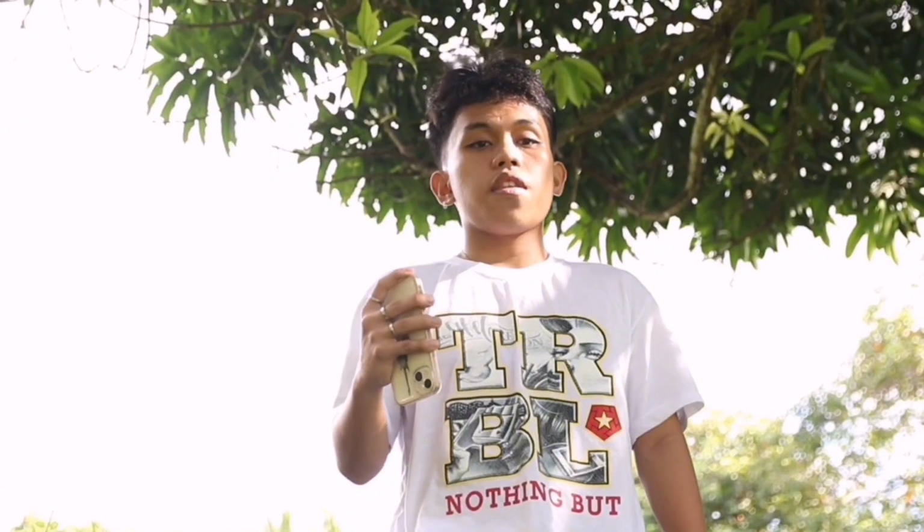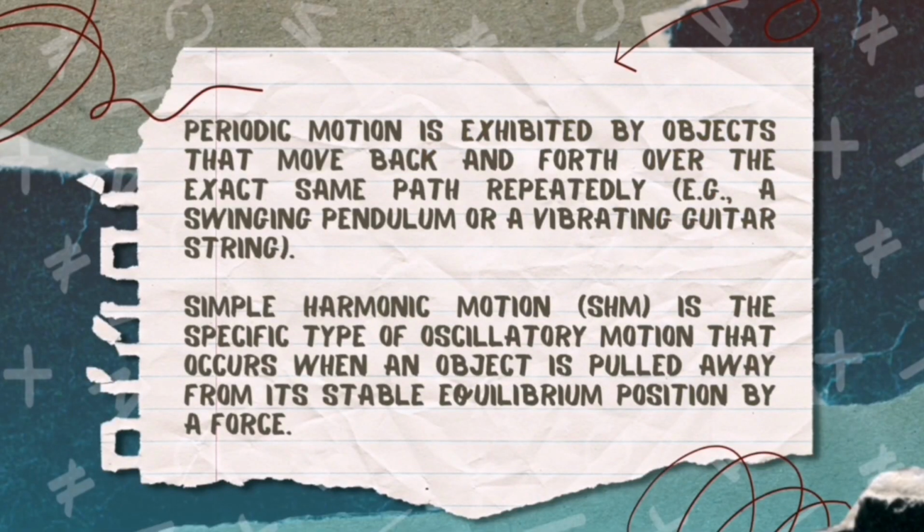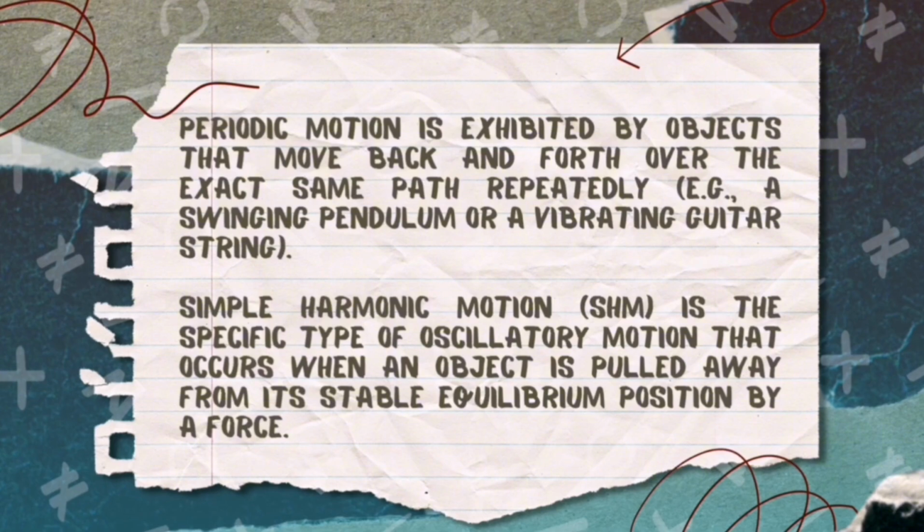It happens when an object moves back and forth from a central position because of a restoring force, that is, a force that always pulls it back toward the equilibrium position. In simple harmonic motion, we can describe the motion using displacement, velocity, and acceleration. The displacement is how far the object is from the equilibrium position. The maximum displacement on either side is called the amplitude, or the variable A. The number of vibrations per second is the frequency, and the time for one complete vibration is the period,